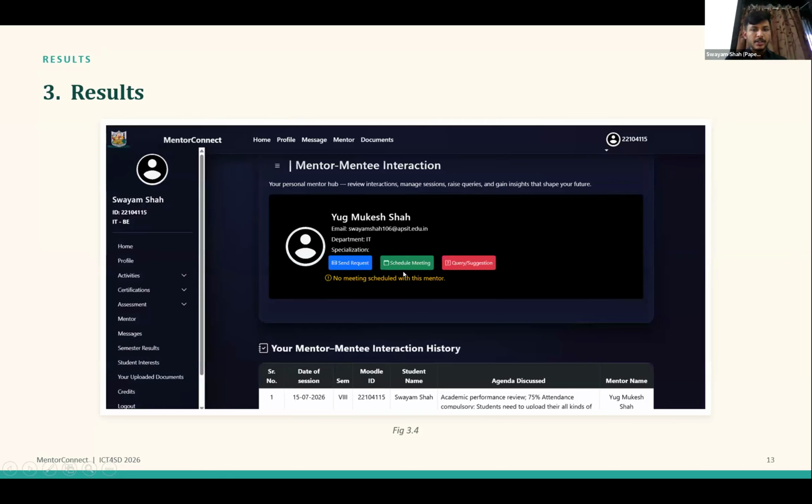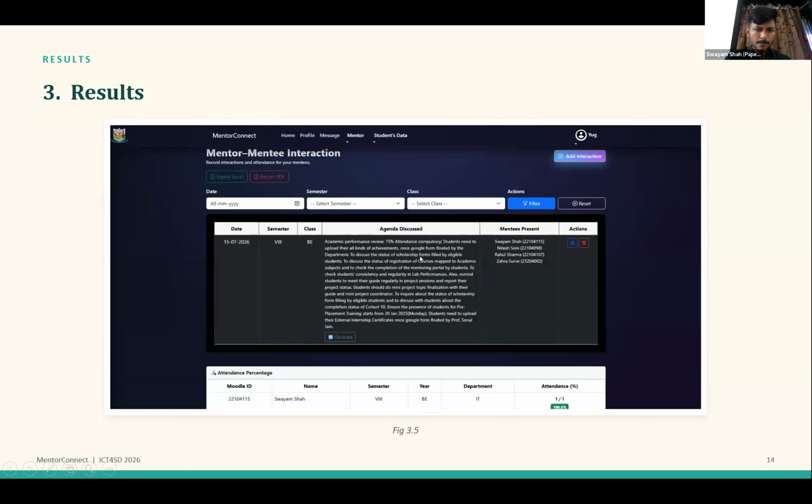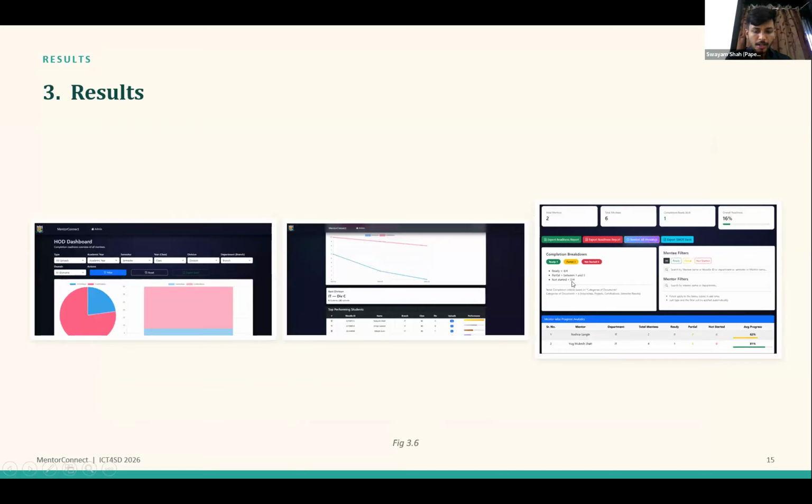This is mentor-mentee interaction page where mentees can interact with their mentor by sending requests to initiate chat, schedule meetings, and upload any queries related to sessions. This is mentor side mentor-mentee interaction page where mentors can add interactions. Here they can generate a summary of the mentoring agenda or record attendance of the mentees who were present in the session. And this is the admin dashboard where admin or head of the department